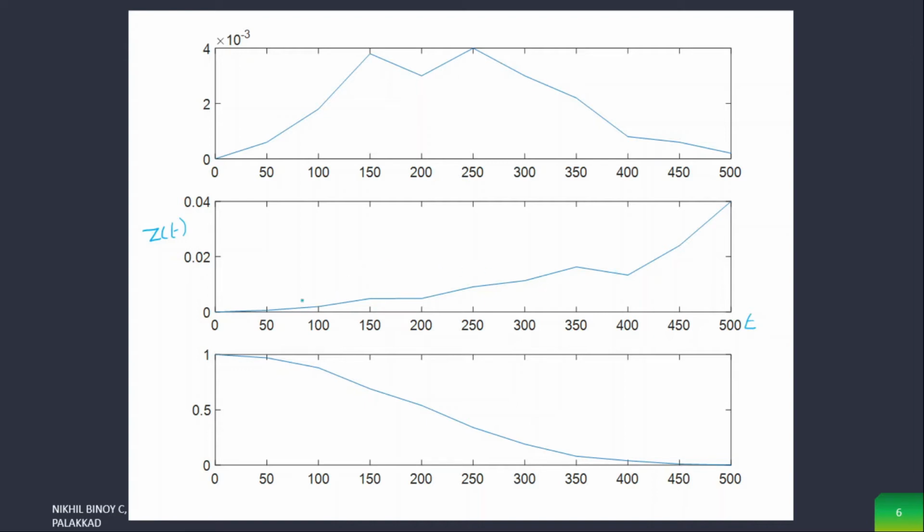Is it linearly increasing? It is not linearly increasing. You can see some exponential characteristics, and some oscillatory characteristics also. Now, if somebody forces us to model this using a linearly increasing hazard model, what do we have to do?